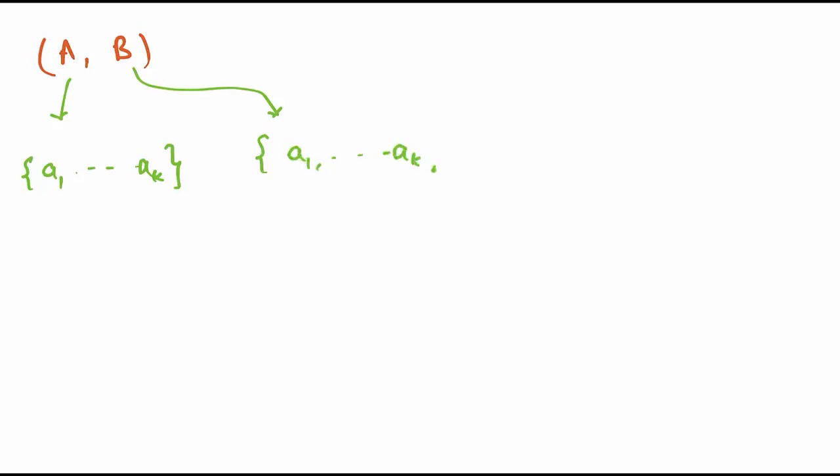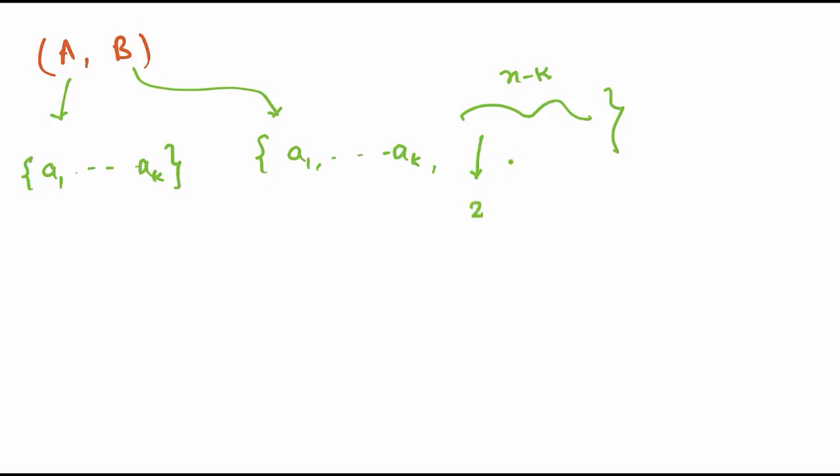Okay, let me explain it a bit more clearly. See, suppose that there is one pair A comma B, and we need to find out how many such pairs exist. Suppose in general A might be having k elements, A1 to AK, right? Some k elements. It need not be in the order of A1 to AK, but I'm just saying some k elements. And B has to have A1 to AK. And what about the remaining n minus k elements? For these n minus k elements, B may or may not have them, right?